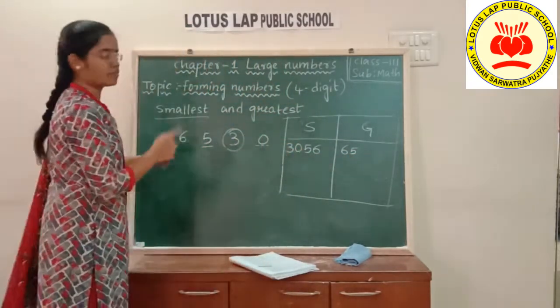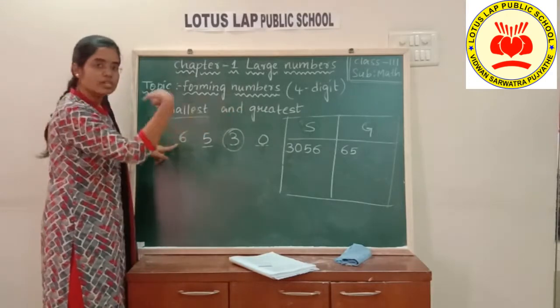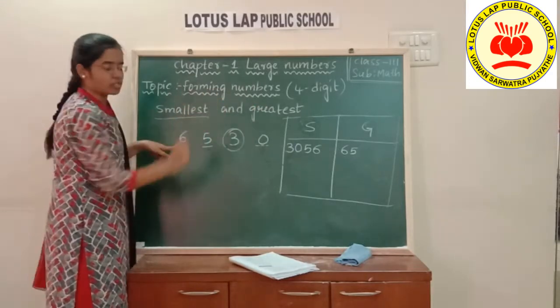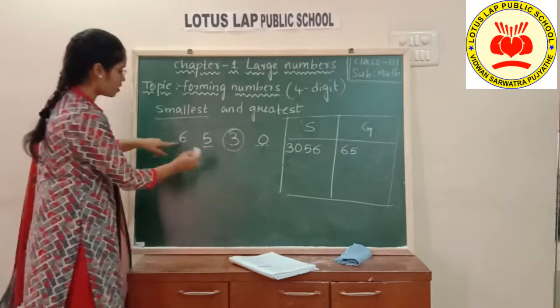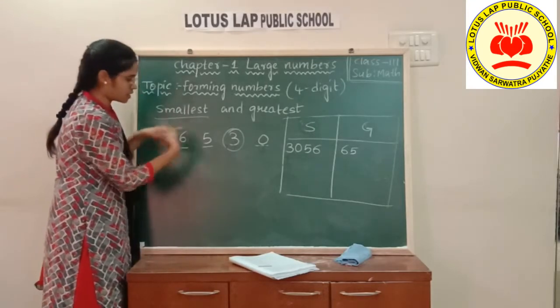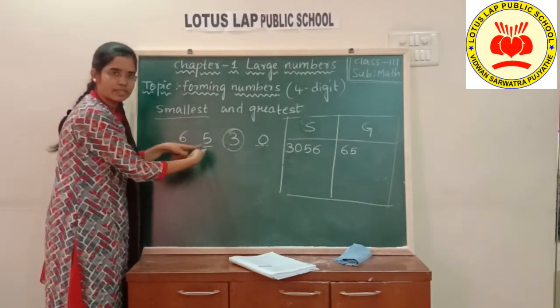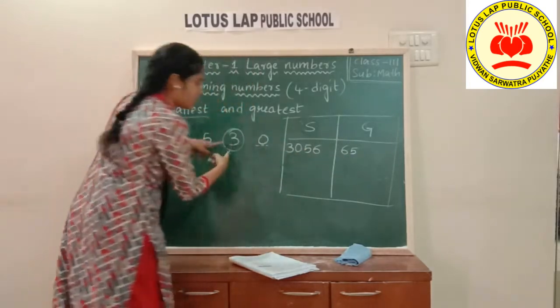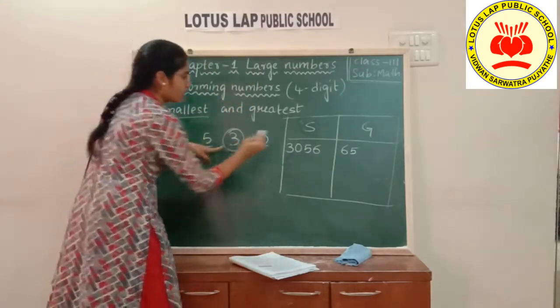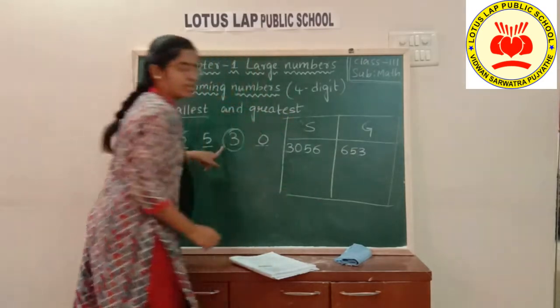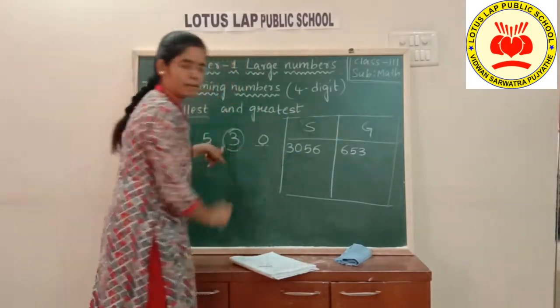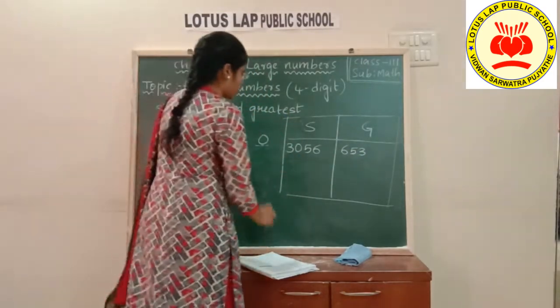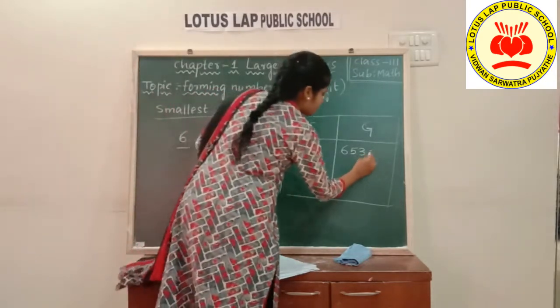So here you need to check once again from the greatest to the smallest in the formation of the greatest 4-digit number children. So first you need to take the greatest one, next greatest is 5 and the next greatest one is 3, not 0. Okay, you need to take definitely 3 only children. You cannot reverse the number here. Okay, next 3 is going to be our next number and finally 0.